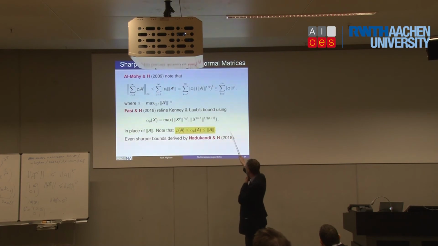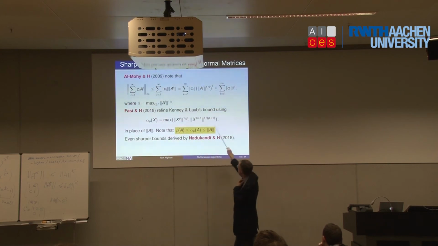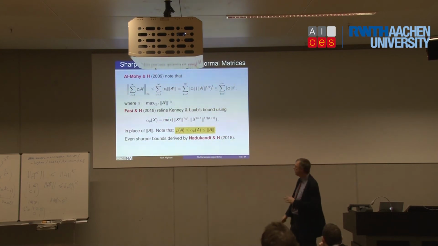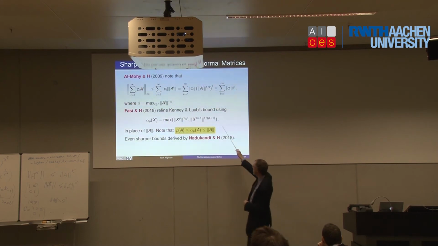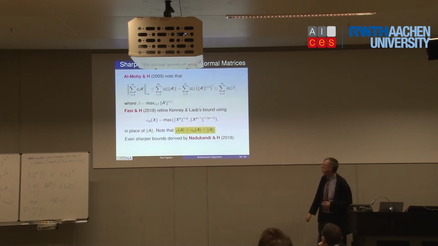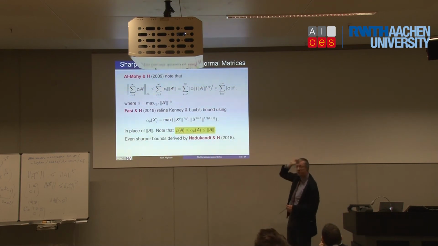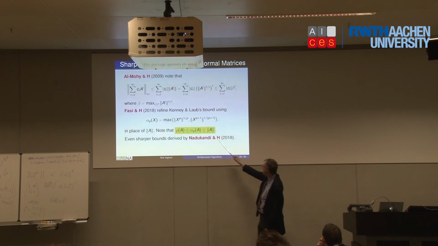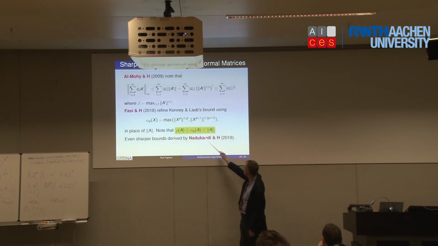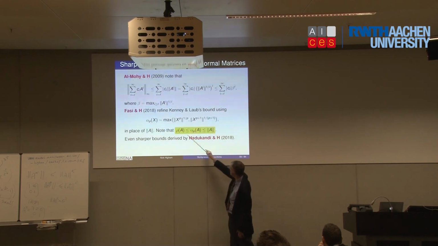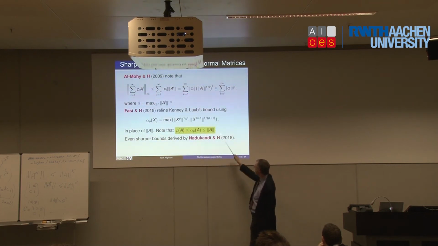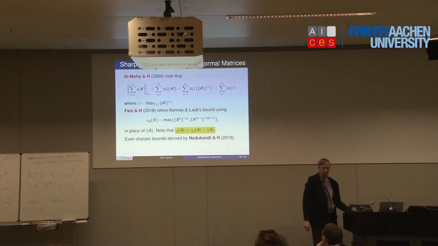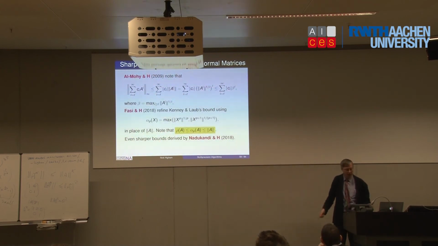So what we've ended up doing is using these quantities alpha_p shown here. It is not obvious how you end up with the alpha_p. But it turns out that if you compute or estimate these quantities for a few small values of p, 1, 2, 3, 4, 5 maybe, then you can get much sharper bounds for that power series than the obvious one. And all these alpha_p's lie between the norm of A and the spectral radius. They can in fact be a lot less than the norm of A and much closer to the spectral radius. This leads to much better truncation error bounds for the Padé approximation, and this is actually one of the keys to the algorithm.